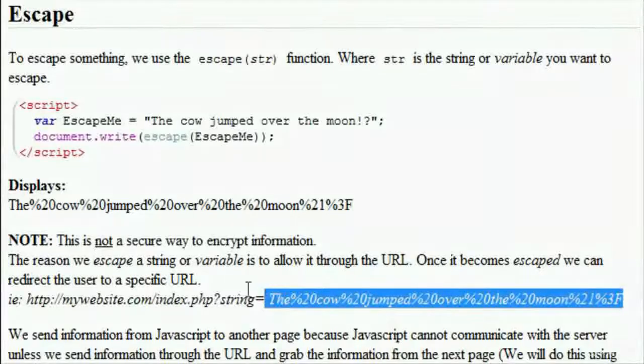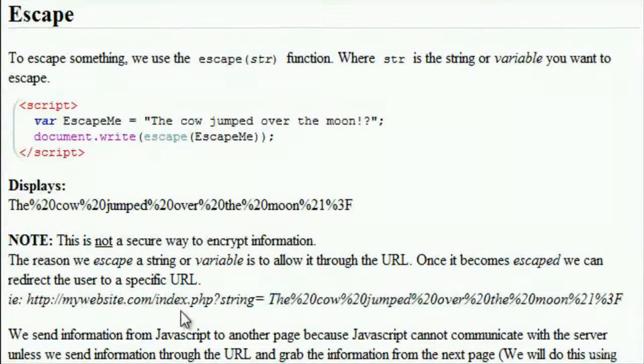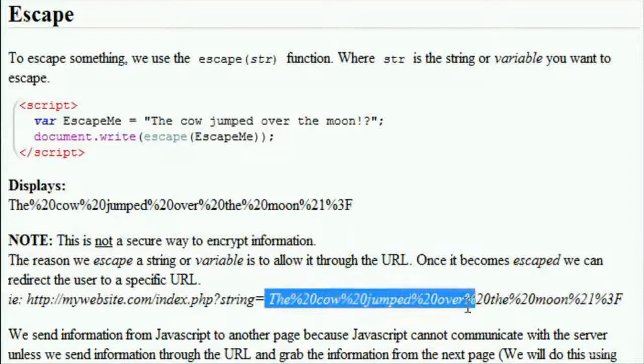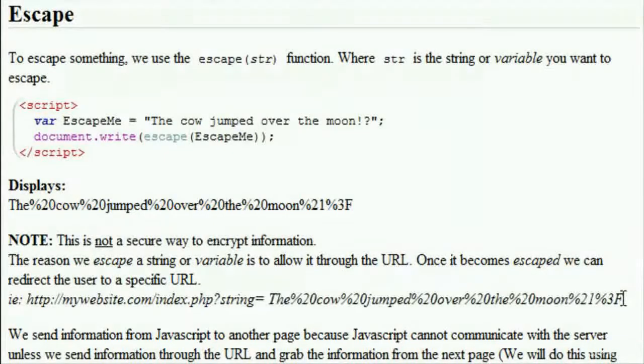And the reason we have to do that is because you can't go to my space website.com. Everything has to be together. Everything has to be one word in the URL. And by doing this, you're making everything together. Once we do that, then PHP is able to get that out of the URL, and it can unescape it itself. And this is one method of transferring information from JavaScript to PHP,